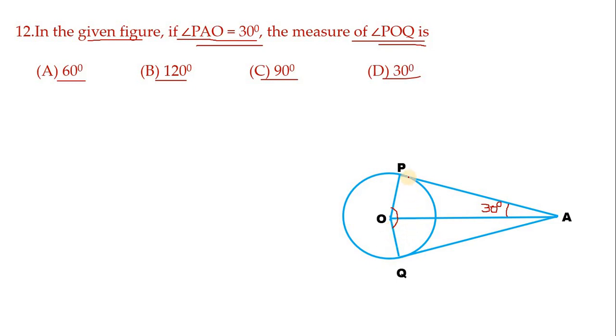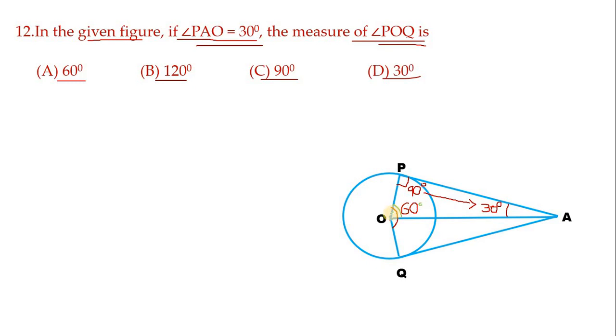So for that, see, this angle is 90 degree because the tangent drawn at the point of contact is perpendicular to the radius, isn't it? Now you know that in a triangle the sum of the 3 angles is 180 degree. Now 90 added to 30 we get 120 degree. Now 120 degree subtracted from 180 degree, so we get this angle as 60 degree. Which angle are we getting? Only this angle, children, which I'll mark in a different color. So only this angle we have got 60 degree.